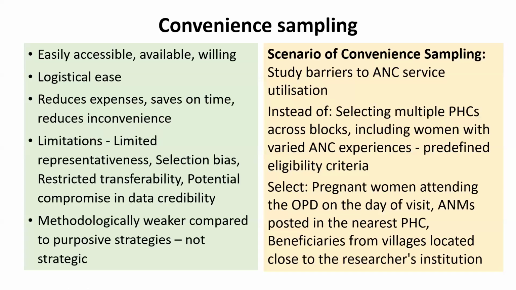Now, this convenience sampling, as the name suggests, the prime importance here is the convenience of the investigator. So the sample is easily accessible, available, and the participants are willing to be a part of the study. So logistically, it is very easy to collect data. And this approach reduces expenses, it saves on our time, it reduces any kind of inconvenience one would have while